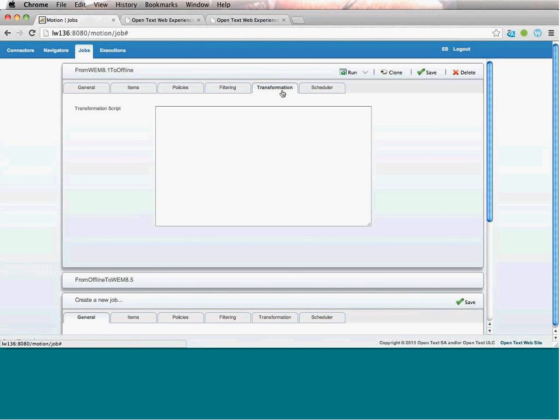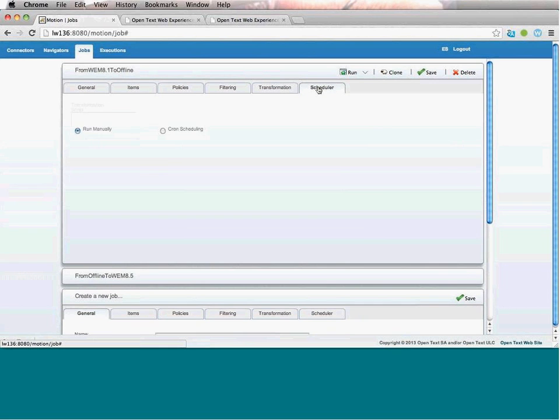Later about transformation scripts. Right now, in this first stage, since I want just to move everything to the offline storage, I'm not going to add any transformation script. I want, in this case,